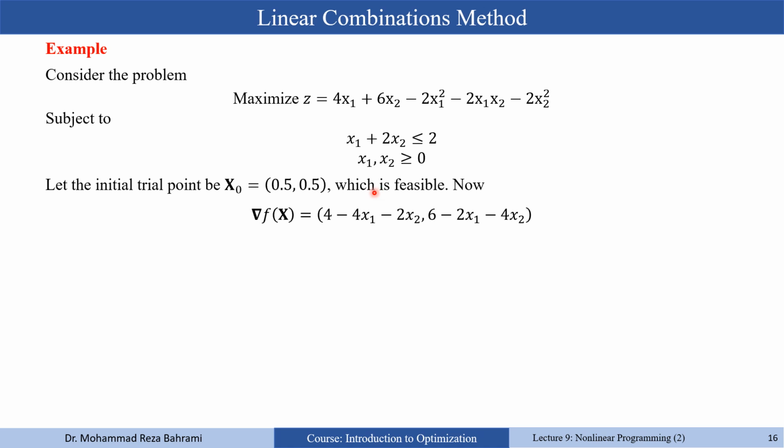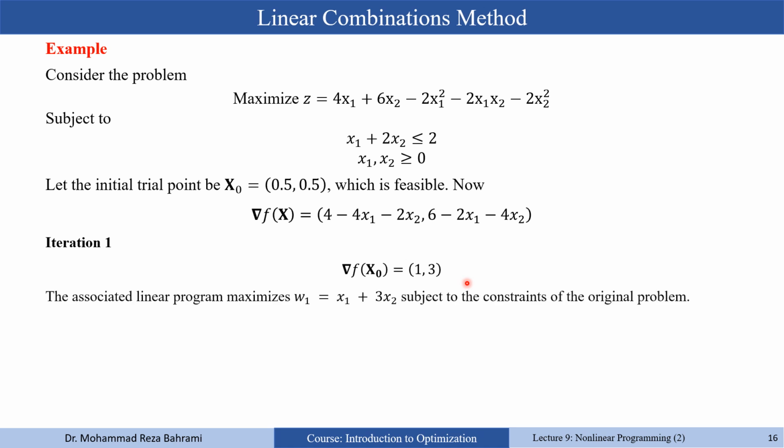So first, we are making the gradient of the objective function with respect to x1 and x2. We have this gradient. At the first iteration, we are substituting these variables here, so we reach 1 and 3. And from here, we are creating our W1. We want to maximize; easily you can say that this is x1, and this is the coefficient for x2. So we are saying the linear combination of x1 and x2. So x1 plus